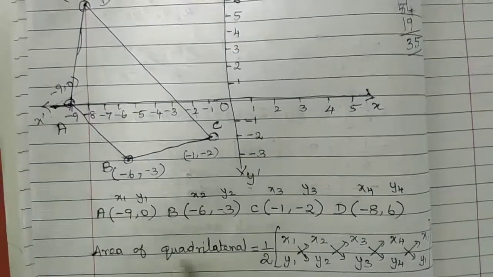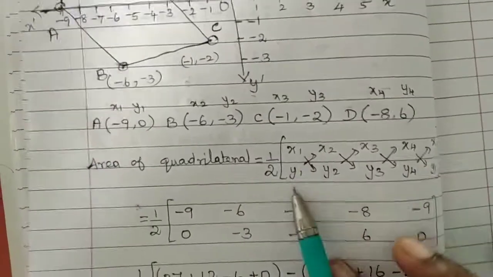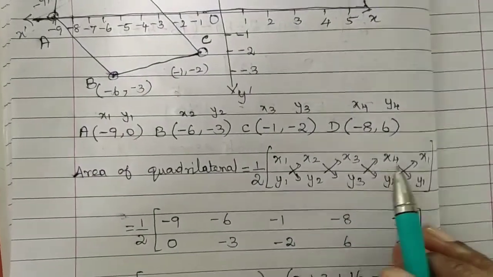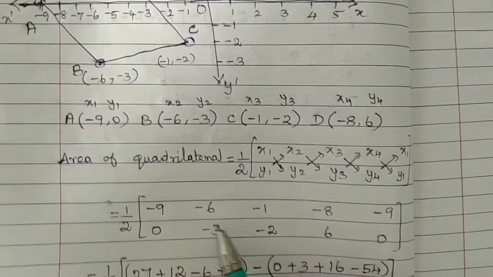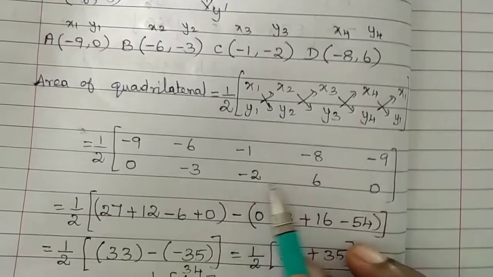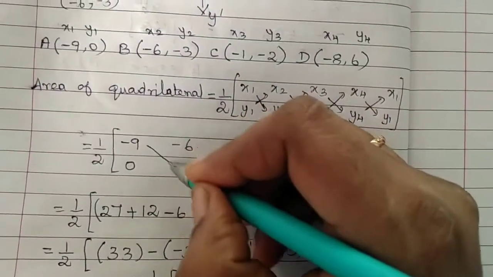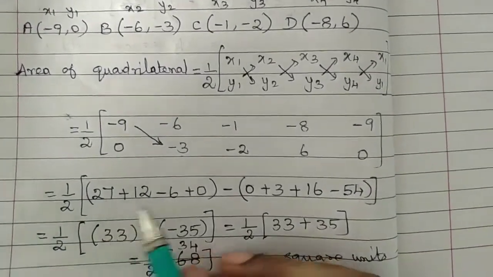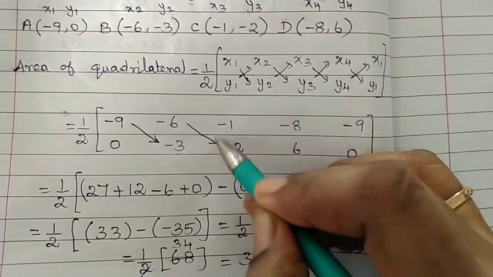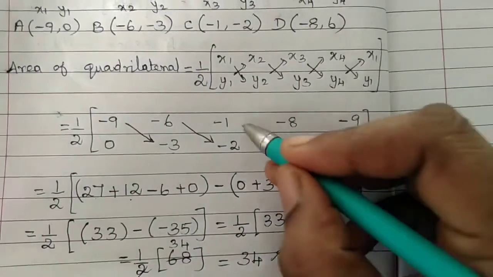Area of the quadrilateral 1 by 2 x1 y1 x2 y2 x3 y3 x4 y4 again x1 y1, and write the points. Multiply the numbers: minus 9 into minus 3 plus 27, minus 6 into minus 2 plus 12, minus 1